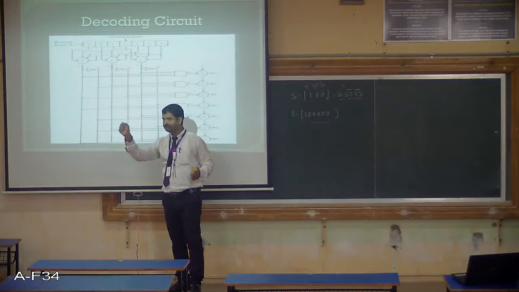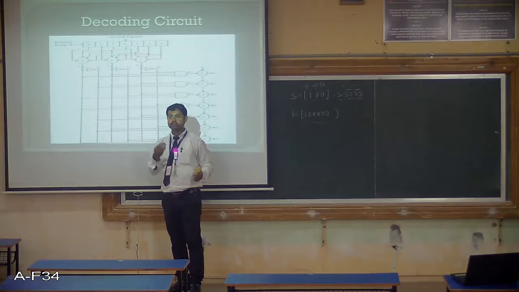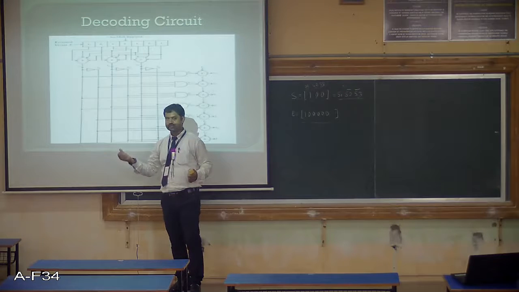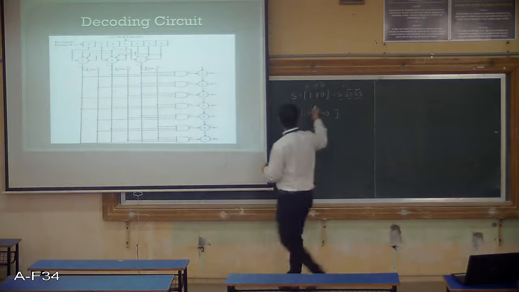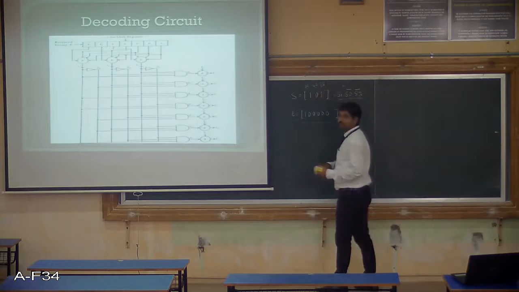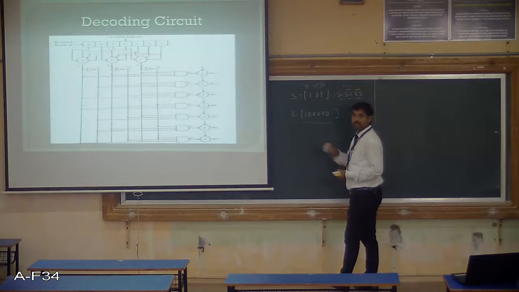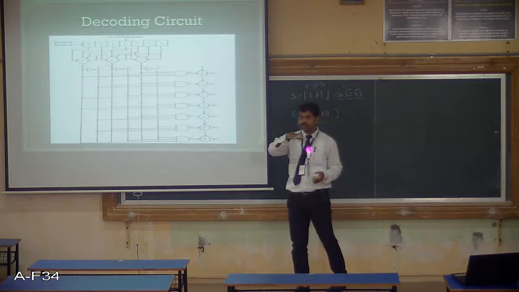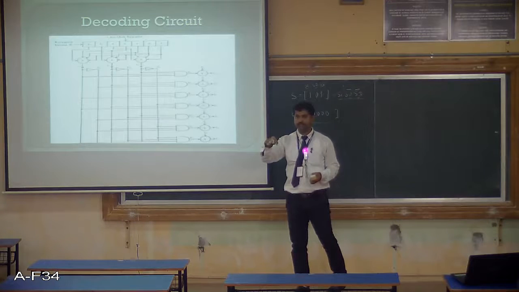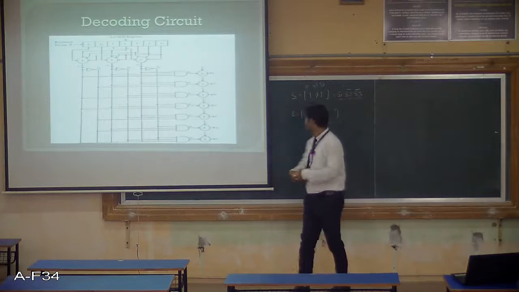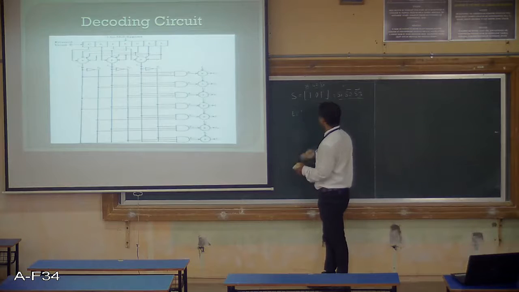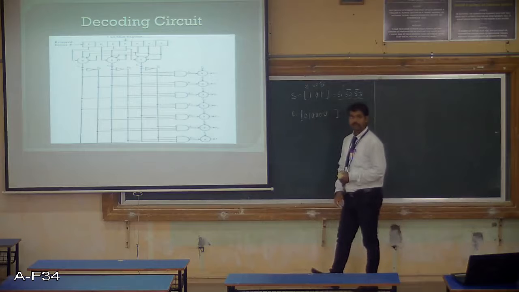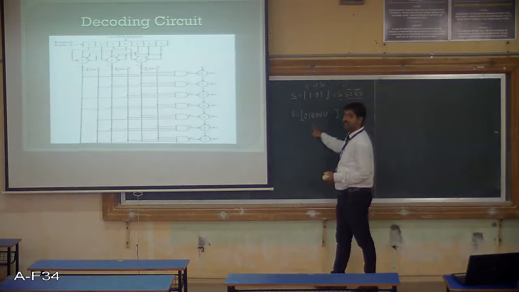Got this? Similarly, you take some previous example, produce the equations for the first bit error, what will be the pattern, and represent that in S1 bar, S2 bar, S3 bar form. Similarly, if the error is in the second bit, what is that? Suppose the syndrome is 101, and if this 101 is present in the second row of H transpose, it means the error is in the second bit. So your error pattern looks like this. In order to produce this, I should get this pattern. How to represent this?